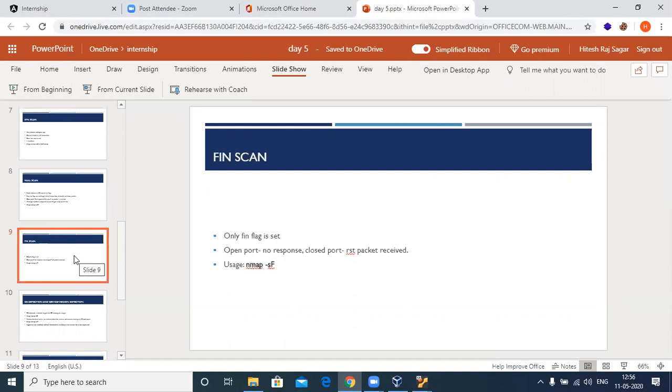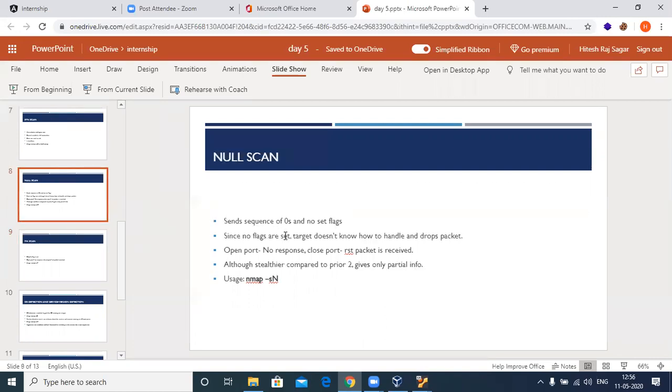The thing is firewall evasion. Bypassing a firewall is what you are actually looking at in a NULL or in a FIN, or further in an XMAS or an acknowledgement scan. Whenever somebody configures a firewall, they know that if a particular packet has no flag set up, that will definitely be used for a malicious purpose, like they want to perform a scan.